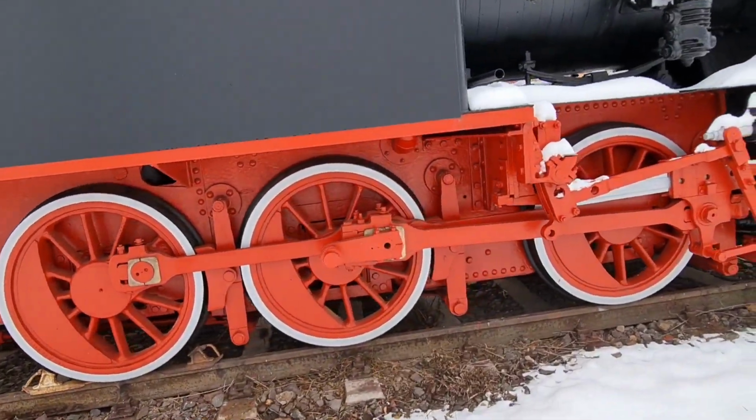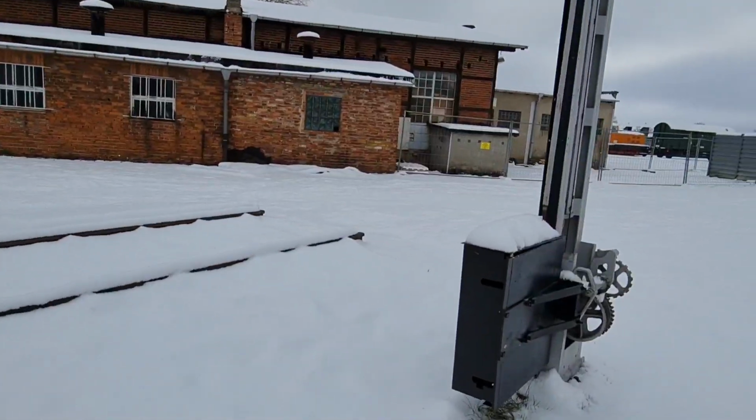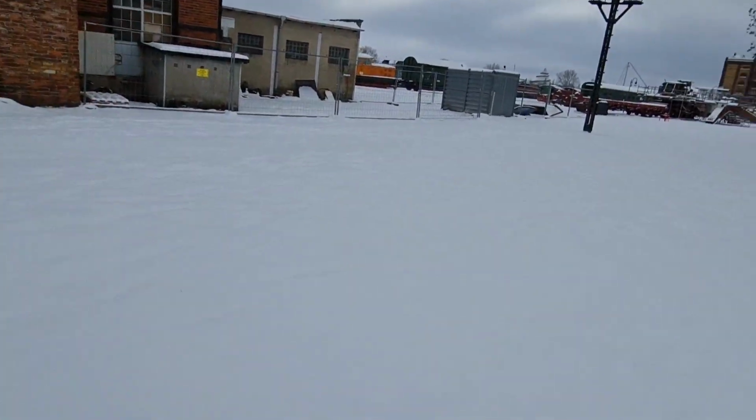So that's it for part 1 of this vlog. In the next vlog, we're gonna go to the other side of the harbor. There is a steam powered ship called Gustav Zenner, which was used to carry cargo during World War II. We're gonna see that, and there's also a very beautiful trail which we're gonna go